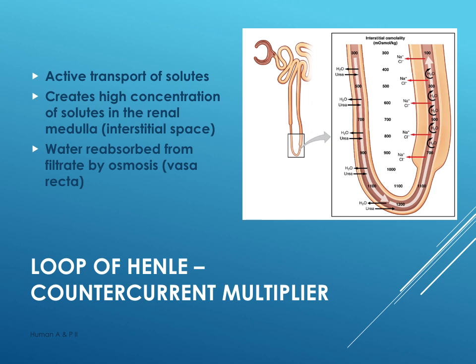a high concentration of salts in the deeper part of the kidney. And this is what draws the water out over here. And so this is called a countercurrent multiplier, because you set up this deep concentration gradient of solutes that's helping to pull water out. And so you can more and more pull water out just by osmosis, and then you put blood vessels right nearby, and so those things are going to go into blood vessels. And then in addition,